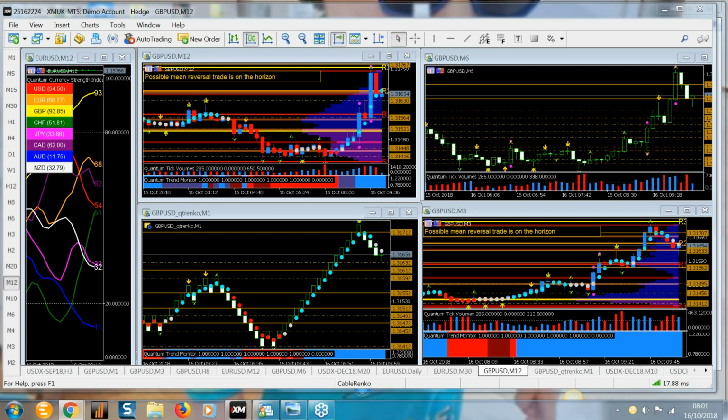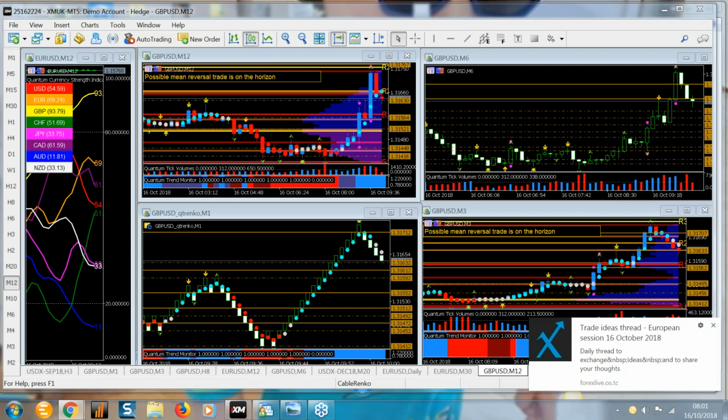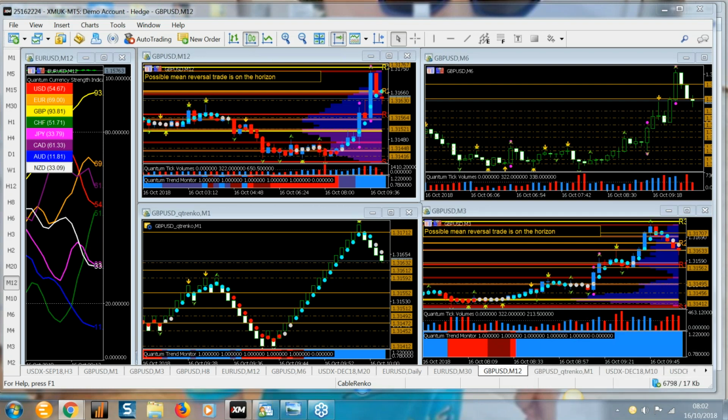You've got volatility on 6. So we've reversed back inside there. We've got volatility on 12. And this is the other reason. And the other aspect of this, which is just a really nice workspace, it really does demonstrate, and we do this on NinjaTrader as well in the US session, blending together both time and non-time based charts is just a great way to help you trade with more confidence,